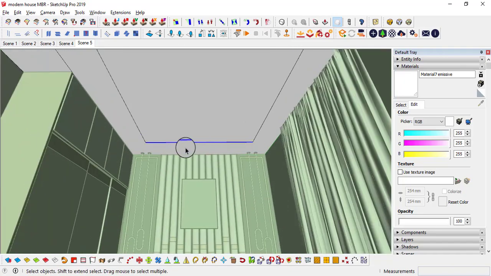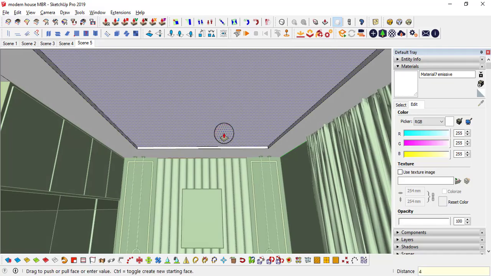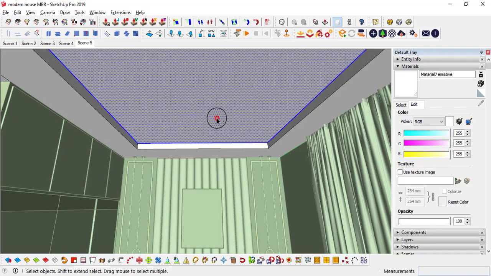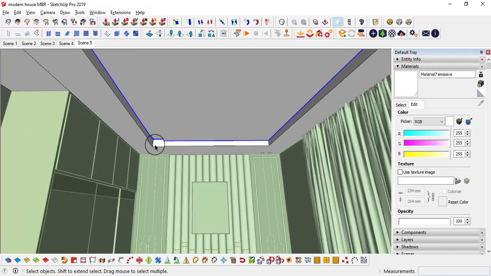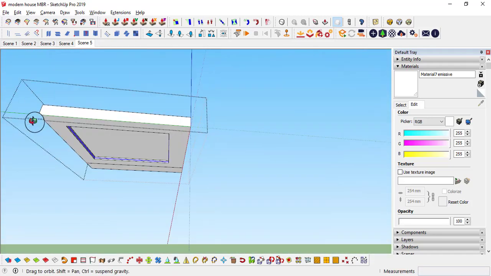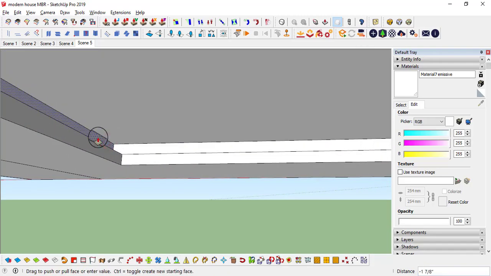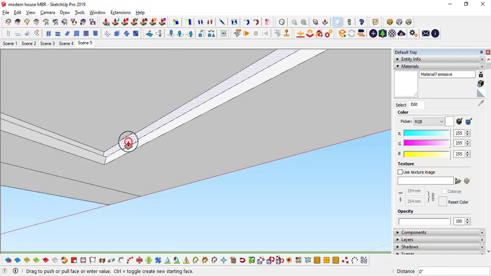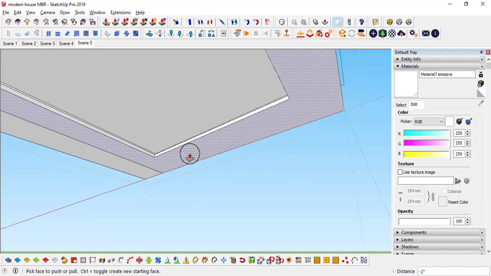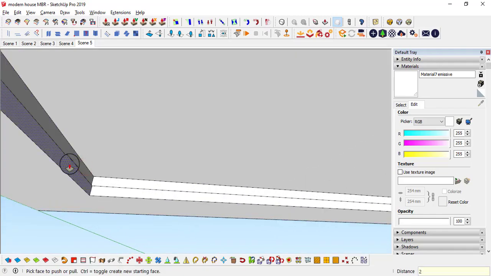Here you can create lights. I will use offset, push pull, double click and select these 4 lines. Move with Control, then push pull this space 2 inches, double click. Not in this direction, 2 inches, and the same in this direction, 2 inches out.